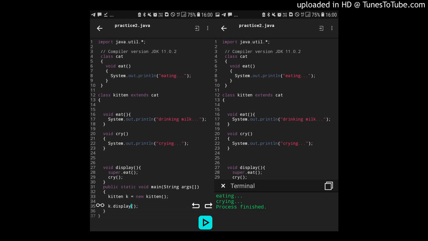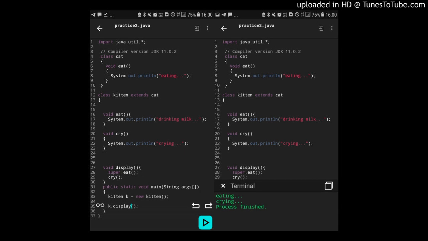We need to see how we can easily call the methods that are within the child class from within the body of the child class. But how do we call a method which is there in the parent class, and its name is similar to that in the child class?